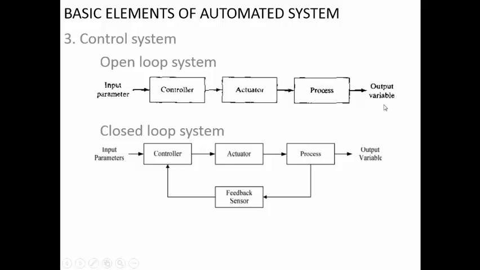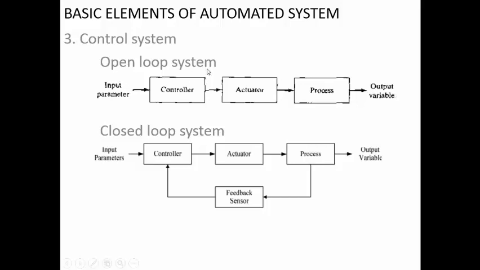So if you have the input parameter of, say, speed is 2000 rpm, the controller will read that instruction and give the signal to the motor. The motor spindle will be steadily rotating at 2000 rpm. The process will be happening. You can have some kind of tachometer or other device, and you can measure the actual spindle speed. And you are not going to do anything with that particular spindle speed. You are just measuring it and leaving it as it is. That will be the open loop control system.